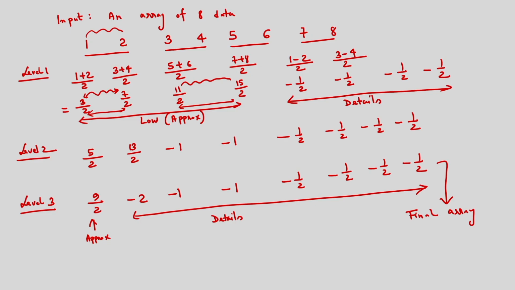I can give another example. Suppose I have one 1D image having 4 pixels. The pixels are suppose 9, 7, 3, 5. I am considering one 1D image with a resolution of 4 pixels.